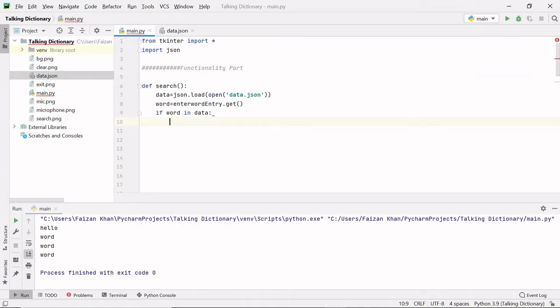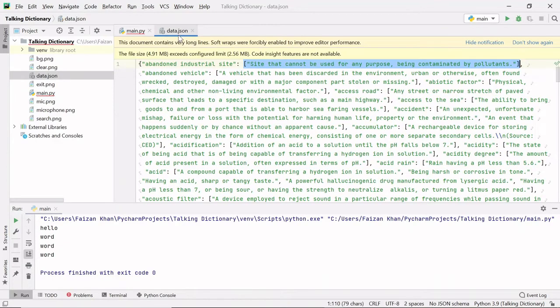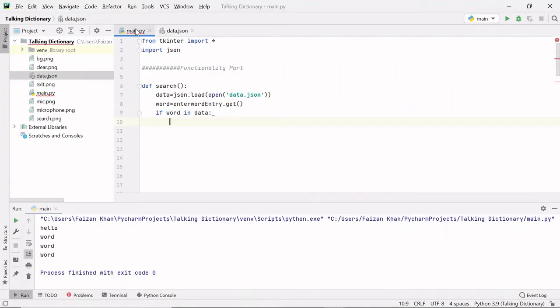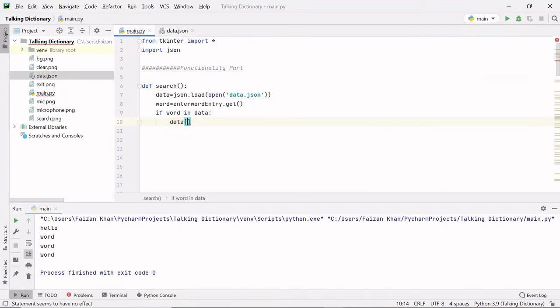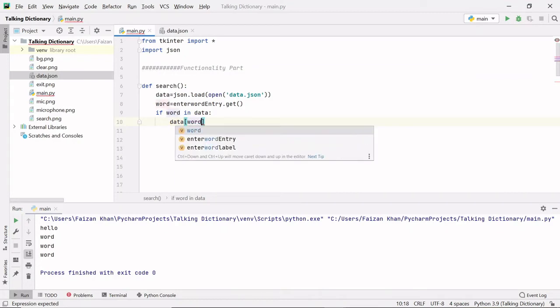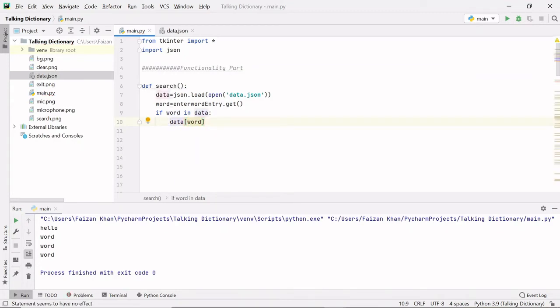As I told you, this data.json is basically storing data in the form of a dictionary. So we have a key here, and then we have a value here. With the help of the key we can access the value. Let me show you how. We have to write data, and in square brackets we pass the key, and the key is nothing but the word, right? And this will simply return us the meaning.